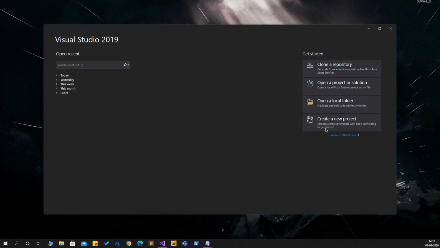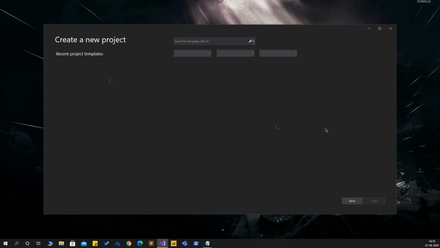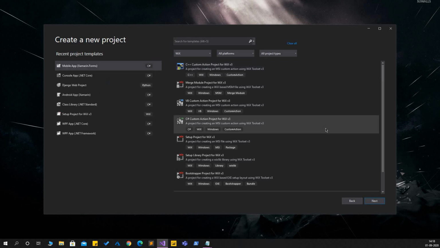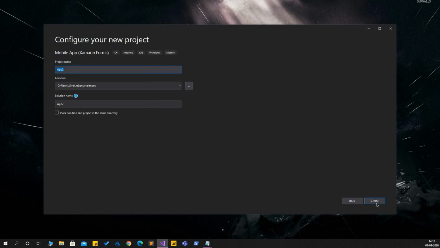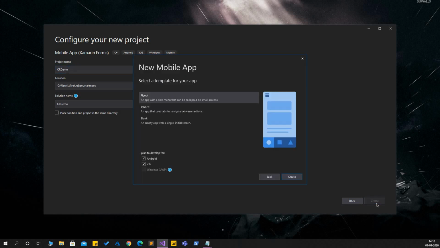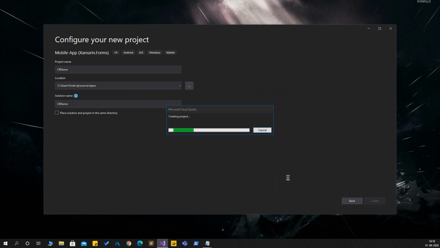So I'll start Visual Studio and I'll create a project. I'll select Xamarin Forms. I'll name it CR Demo. I'll choose the blank template and we will wait while the project is being created.